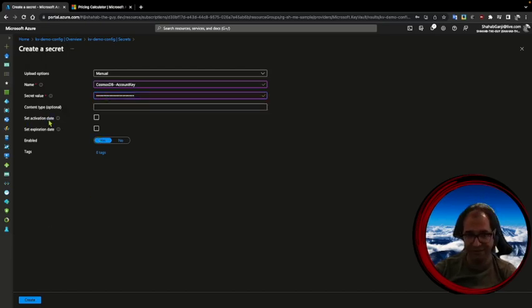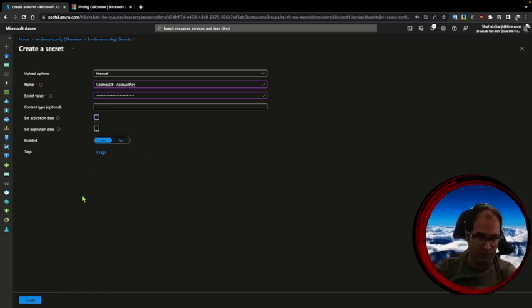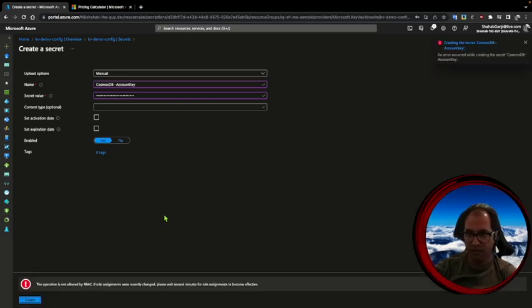You could set an activation date and expiration date. And just bear in mind that if you set an activation date and you want it to be immediately active, it would be better to have it from yesterday because of these time zone specific things and all of those things. But we skip it for the moment. And we have the enabled, yes or no, and the tags. And let's create the